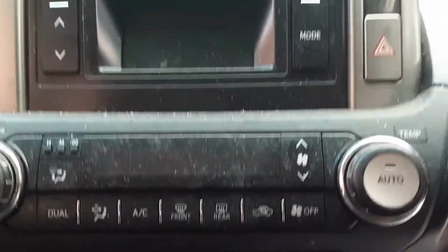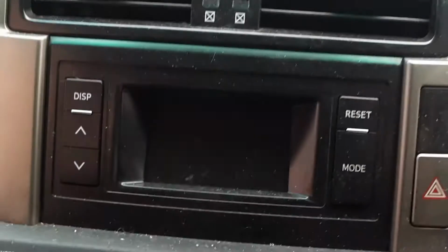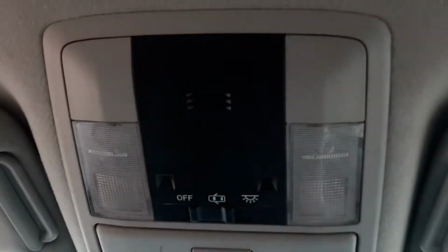Front and rear heater controls, climate control type. Factory single stack CD player. Display screen. Courtesy lamp, sunglass holder type. Have the left hand sun visor, right hand sun visor,